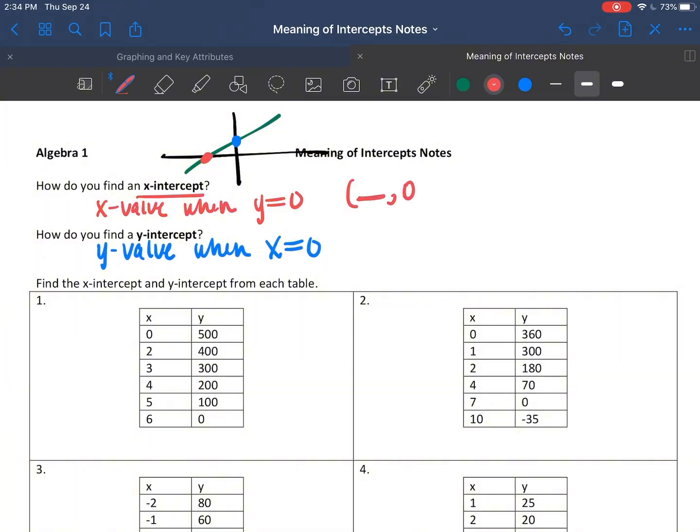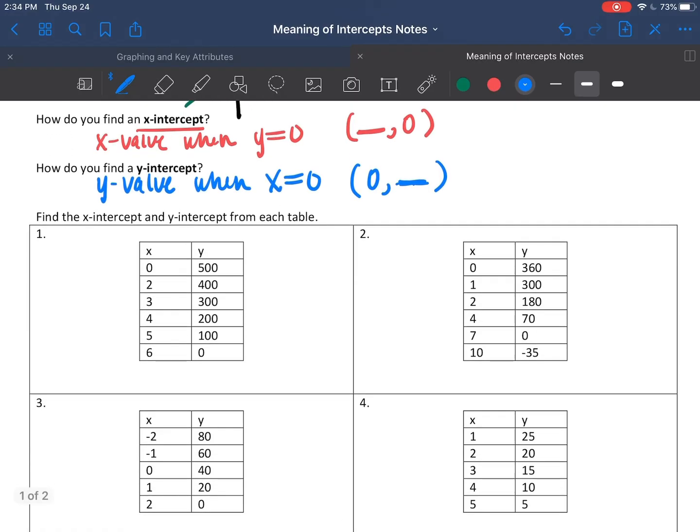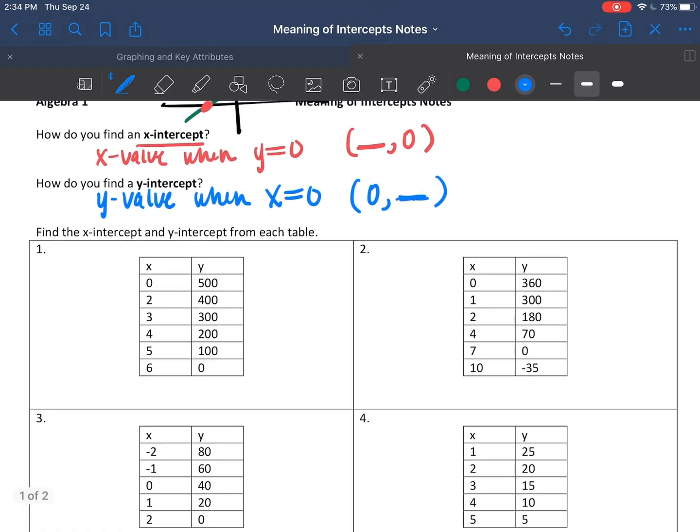So as an ordered pair, our x-intercept is an x value when y is 0. And then for our y-intercept, it's a y value. And so be very careful when doing a multiple choice test. You can eliminate options just based on where the 0 is. If x is 0, that's your y-intercept. Okay, and so if you're trying to find a y-intercept or an x-intercept in the table, just look for your